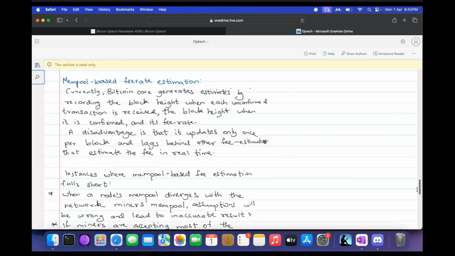So currently, how is Bitcoin Core's mempool-based fee rate estimation done? Currently, Bitcoin Core generates estimates by recording the block height when each unconfirmed transaction is received, the block height when it is confirmed, and its fee rate. A disadvantage is that it updates only once per block. Okay, so the fee rate will update only once per block because this equation changes only once in a block, right? So you take into consideration the block height,